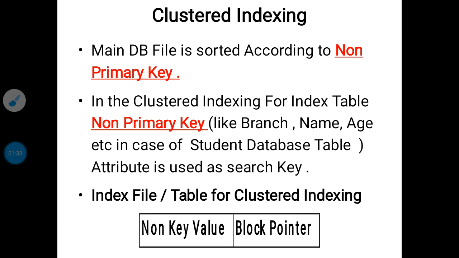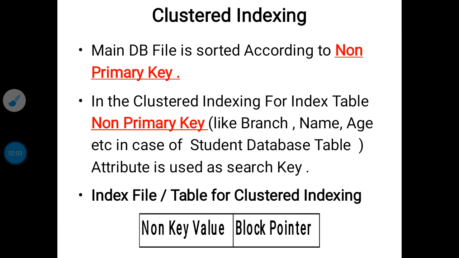So the very important point on behalf of cluster indexing is that the cluster indexing concept uses a non-prime key attribute of the index table as a searching key. Point number 2, in cluster indexing, non-prime key attributes like branch, name, age, etc. in the case of the student database table are used for the index table.